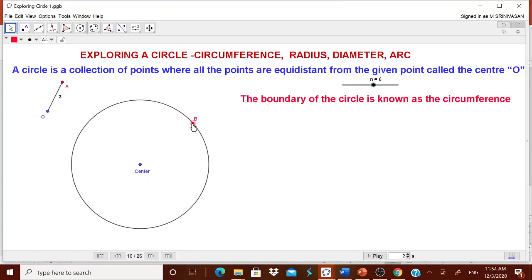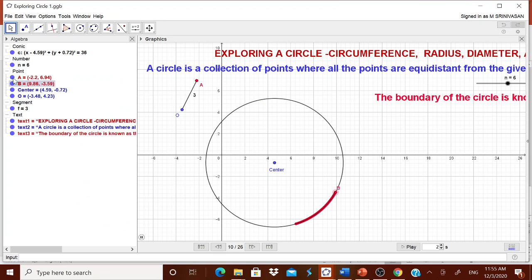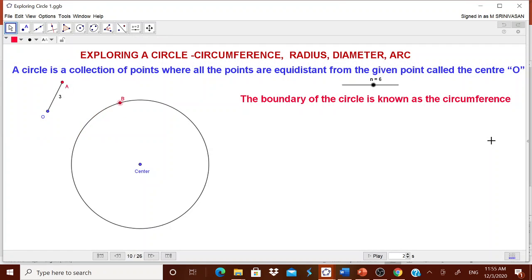Once again I can have the animation. I can have it as a trace on. I can go for animation on. Okay, the animation is going on now. They can understand what you mean by the circumference. I can go to the graphing and I can go for this trace on. I can stop and I can go for this animation also. I can stop. Well, I will come back to this geometry view